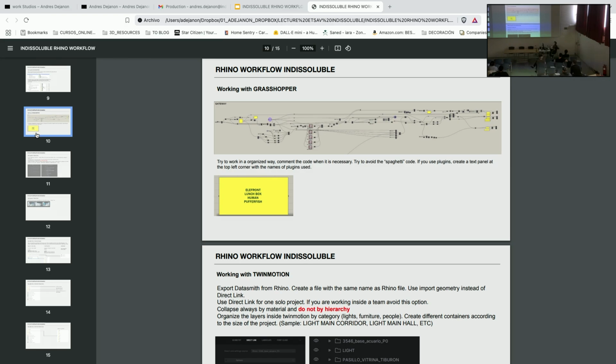We always rewrite the script in the cleanest way, so that anyone who opens it can understand in a couple of minutes how it works. So we create